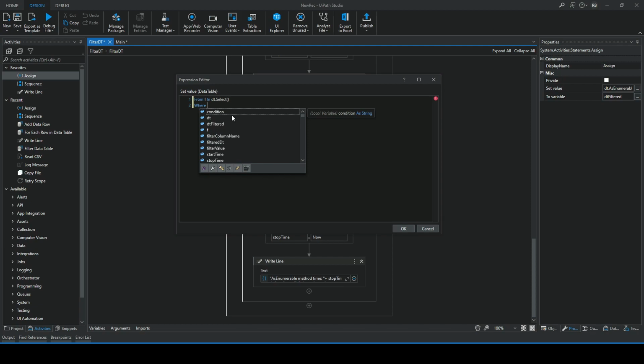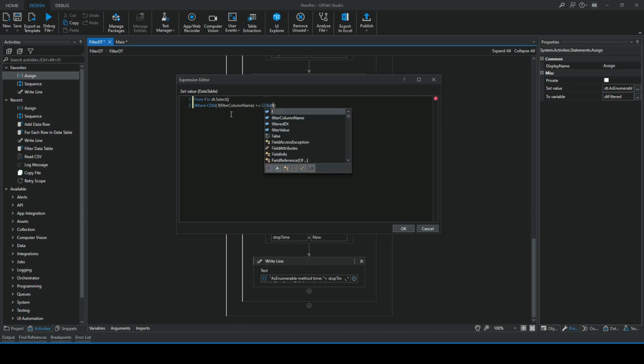And again to condition, we'll make the same issue as we did before. We convert data to double. Okay, as before, F filter column name, okay, greater or equal to double filter value, and